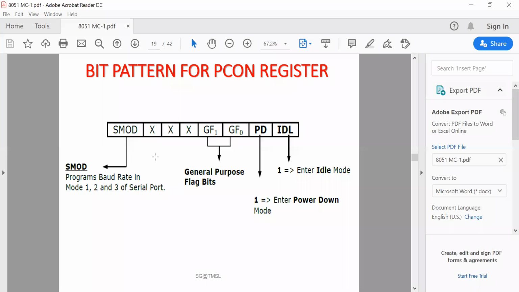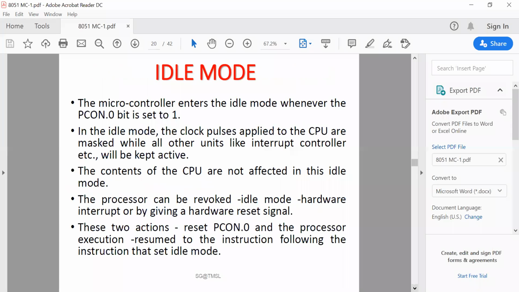Now in idle mode, what happens? The 8051 enters into idle mode when the idle bit of the PCON SFR is set to 1, which is the D0 bit of the PCON register. As PCON is not bit addressable, the instruction used is a bit related OR operation, like ORL 87H, #01. This type of instruction can be used to operate this.